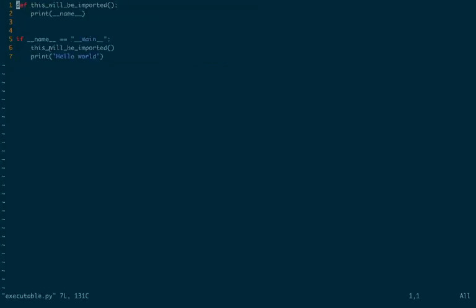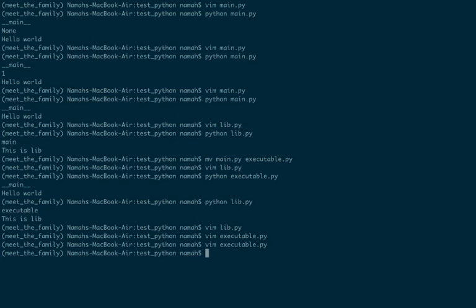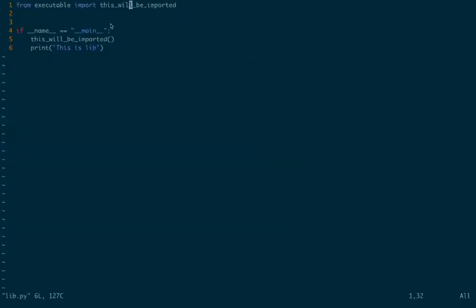When we called this will be imported in the other file, lib.py, it basically printed __name__. The value of __name__ was executable because it came from executable. So this is how it works.